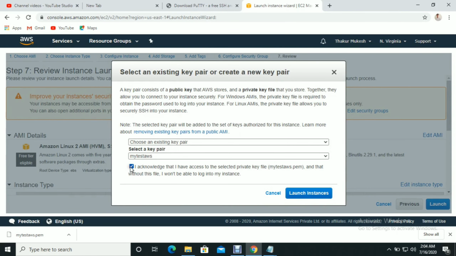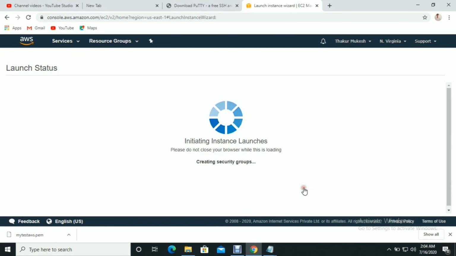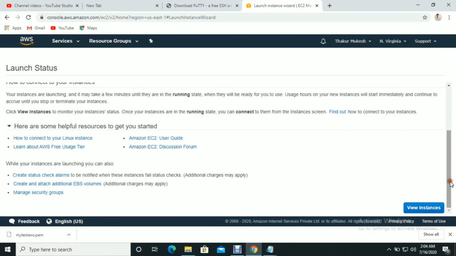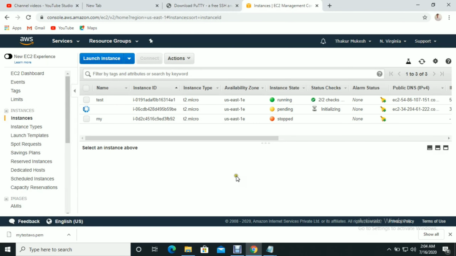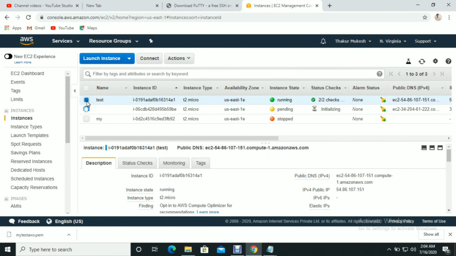My test key, which I just now created, this key, right? Okay. Fine. So you see this machine we created, right? Now you can see it's running. So now the question is how to connect this instance. So you have to select your instance and then you can click on connect.